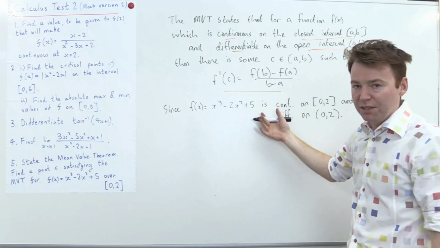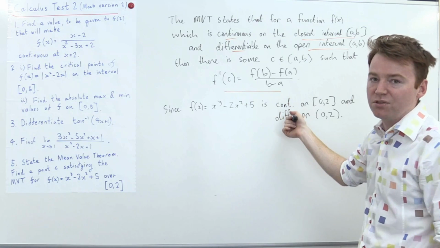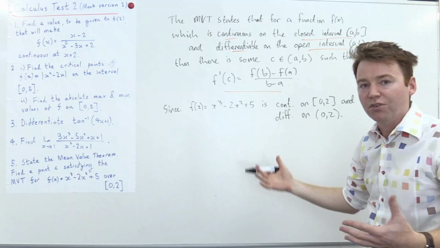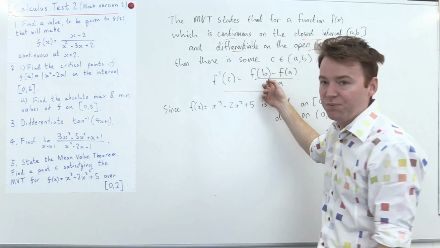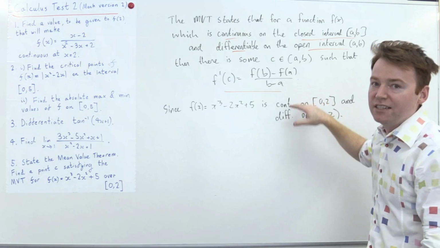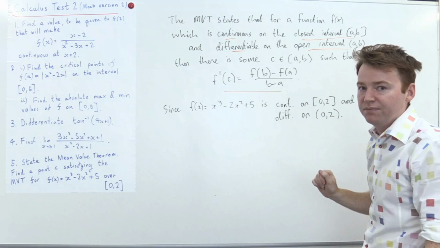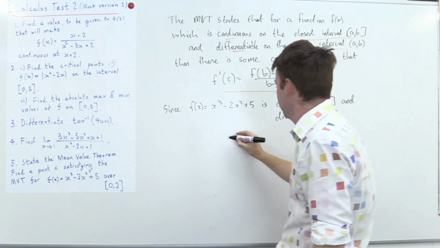When you're using the mean value theorem, this is enough. You have some function, just state that you know the premise of the mean value theorem before you start going towards its conclusion here. So you need to acknowledge that this is a function which satisfies the conditions of the mean value theorem, and then you may apply the conclusion of the mean value theorem. So